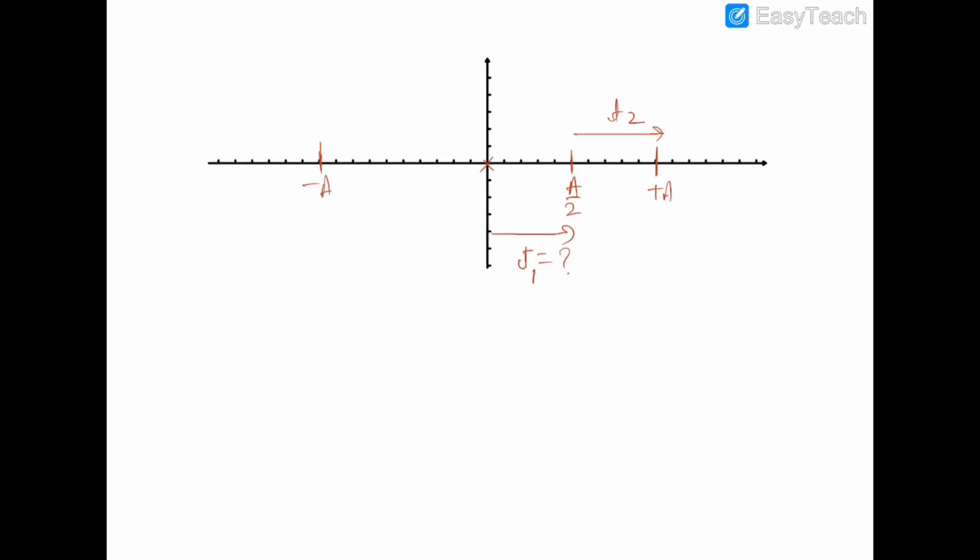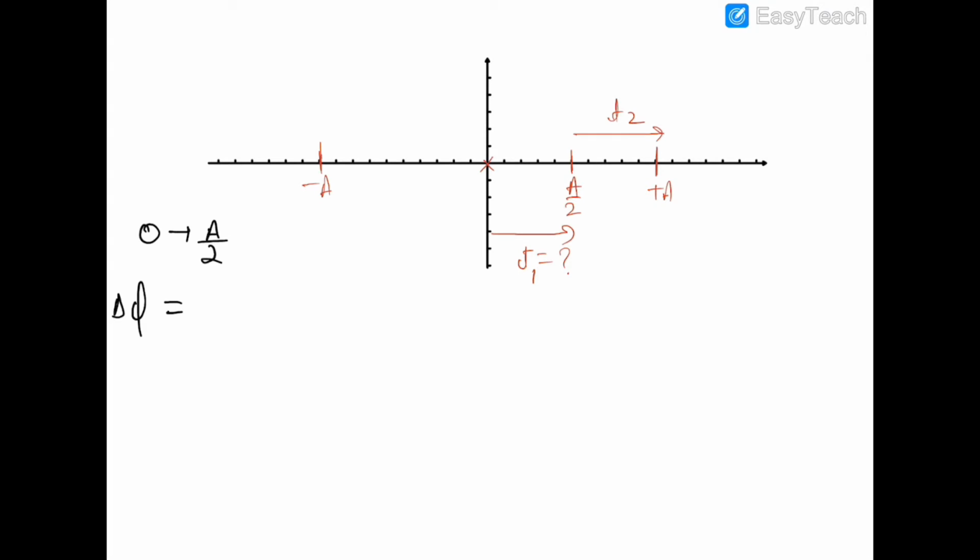But in more complex questions such as this one, we have to find out the time taken by the particle to move from mean position to a by 2, and the time taken by the particle to move from a by 2 to a. So first of all, we are calculating the time taken by the particle to move from 0 to a by 2. Now we have to think that when the particle moves from 0 to a by 2, it happens when sine theta is 1 by 2. So if this is a by 2, then you have to think about when it happens for the first time when sine theta is 1 by 2.